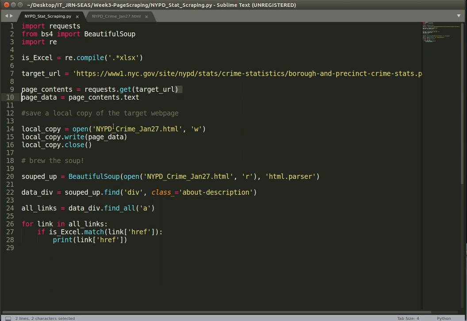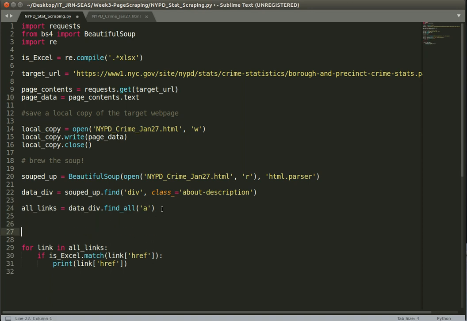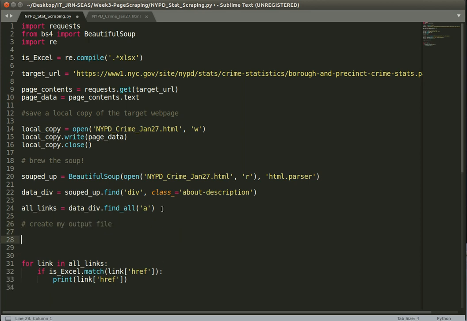But just for the sake of completeness, I'm going to go ahead and create, so I'm just going to say, I prefer to copy and paste where I can. I'm going to treat this as a CSV. I'm not even going to actually bother to make it a proper CSV, but I'm going to just call this NYPD January file list CSV. Okay,